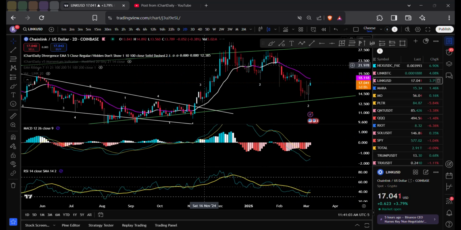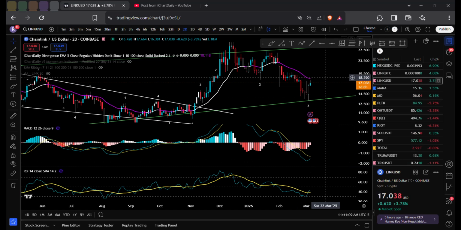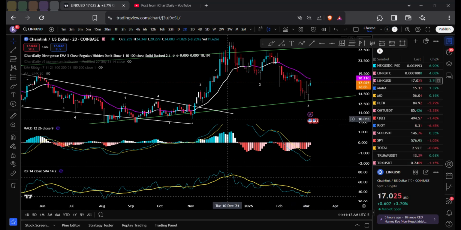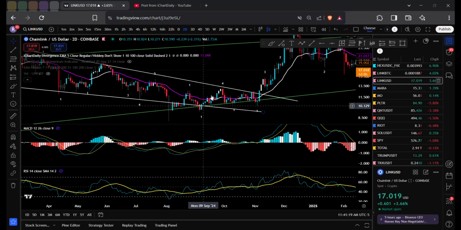And then I'm watching the 2-day. On the 2-day, I would like to see a golden cross, but because it's below the histogram, that shows me that we could stay between 19 and 14 and form a bottom, the same way that we stayed between 12 and 13 and stayed around 10. You can see here it formed a bottom.